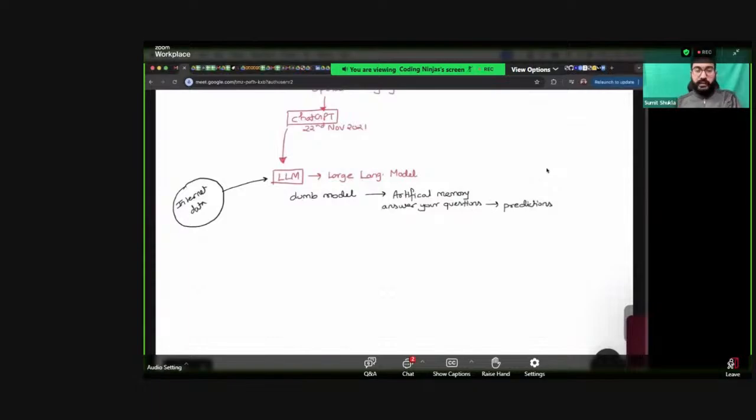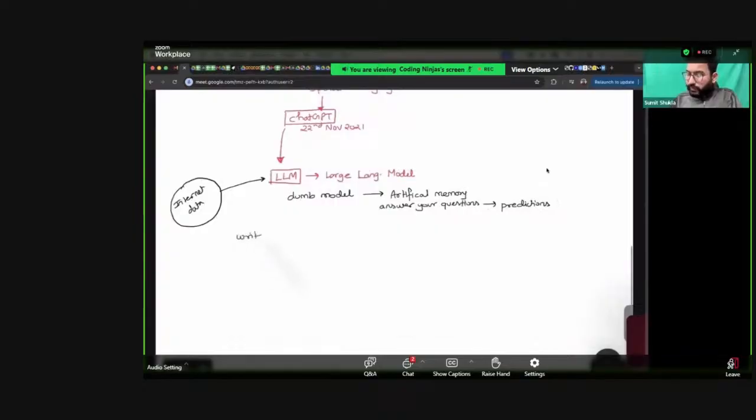This is how it was working. Basically, if you ask ChatGPT to write a story about an Indian boy named Ram. So when you provide this prompt to your LLM, initially what these LLMs were doing, they were predicting